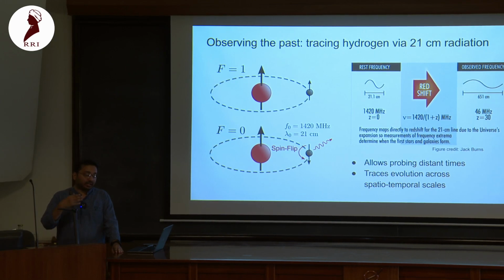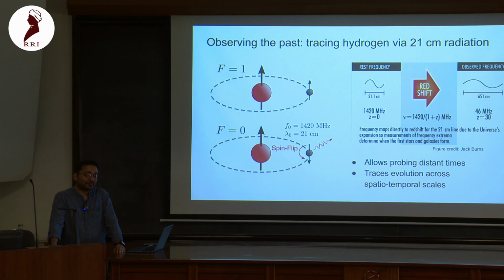So can one put some high voltage or something, or is it impossible to do in a lab? Yeah, we need galactic scales of hydrogen to be able to have this spontaneous transition happening. So the closest we can probably see it is in a galaxy and not really in labs. So it's not possible to do it here? No.